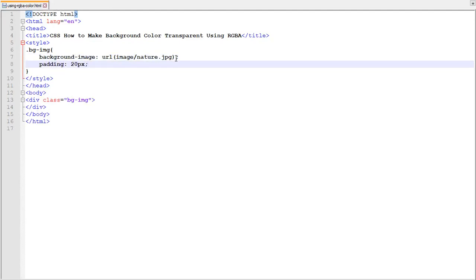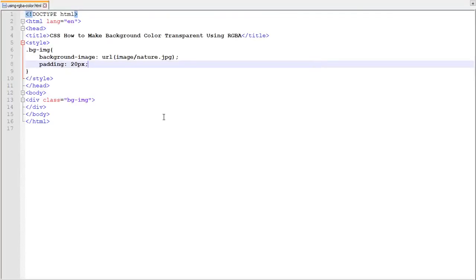Let's check it on the browser. This is a Chrome browser. When I refresh the page, you will get an image. Now add text content inside the div that contains the background image.